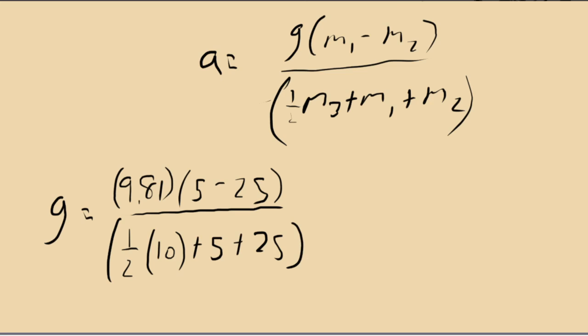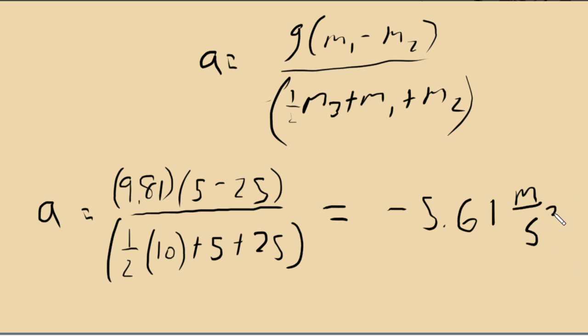And of course, the left side of the equation shouldn't be gravity. This is acceleration. Okay, so we plug that in, and this comes out to be a negative 5.61 meters per second